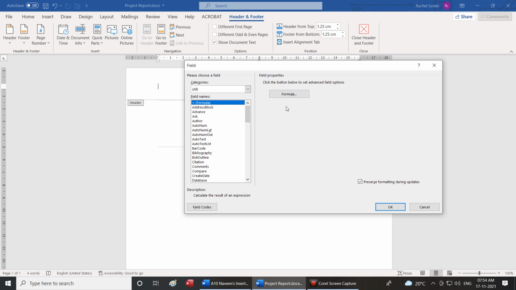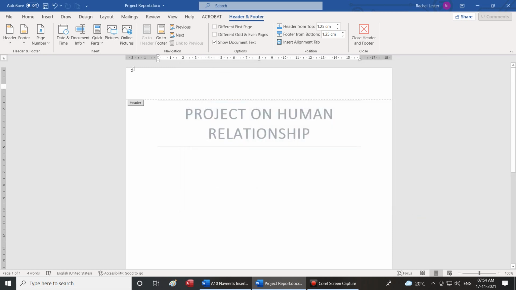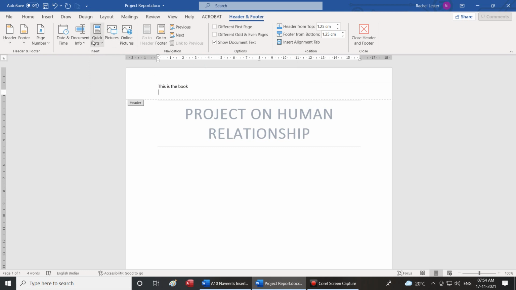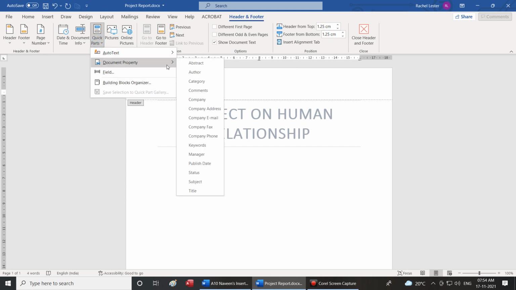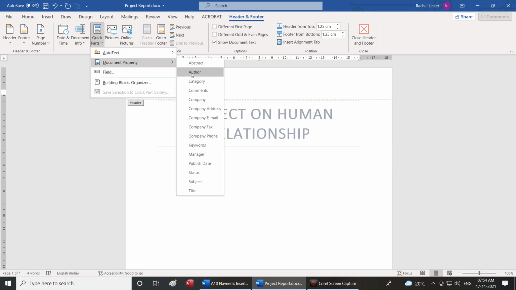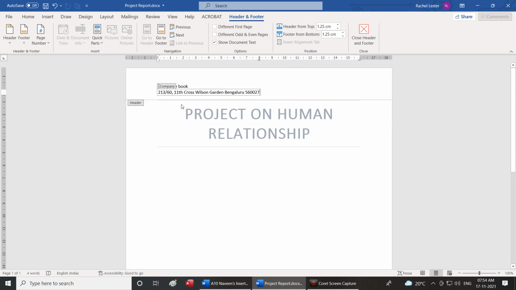And when we learn Excel, we will also be teaching you about how you could insert even formulas. After you learn Excel, you can automatically do this. For the time being, we will understand that in quick parts I can select a header and save it as a text so that I can use it in future. Just now I had saved this as a book. This can be used. That is the first option. The second option is selecting various titles, and the third option would be again inserting those which we did in the document information.